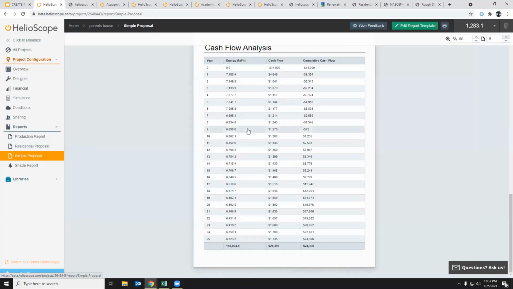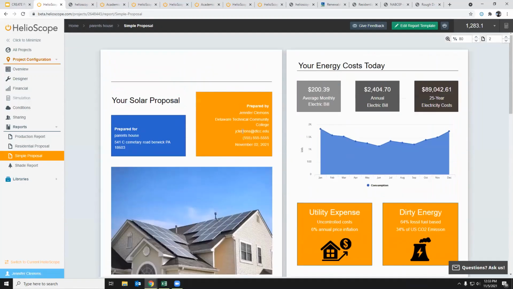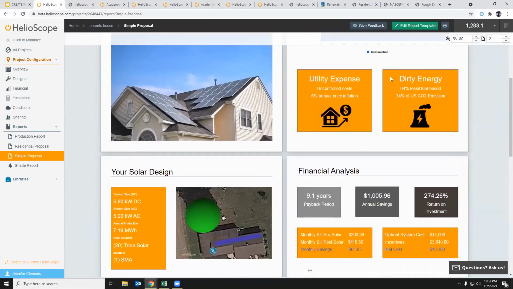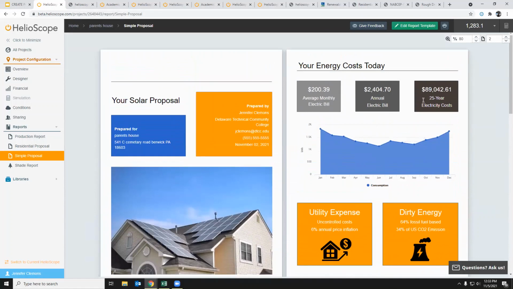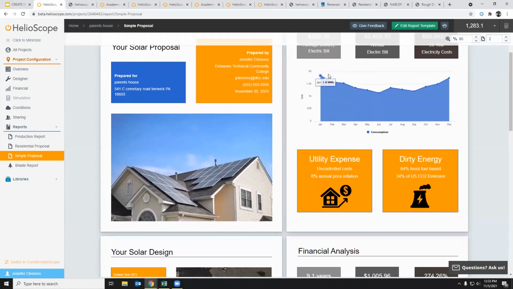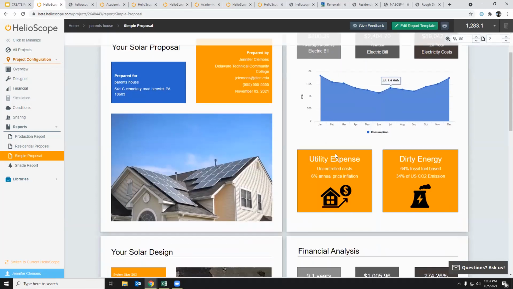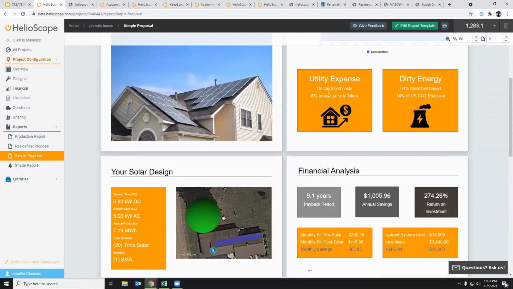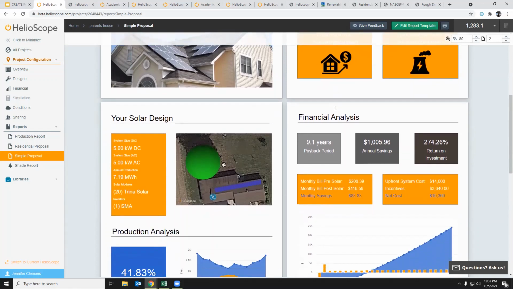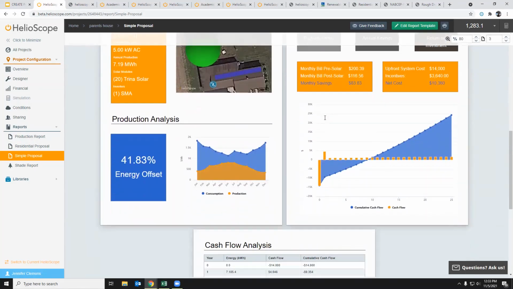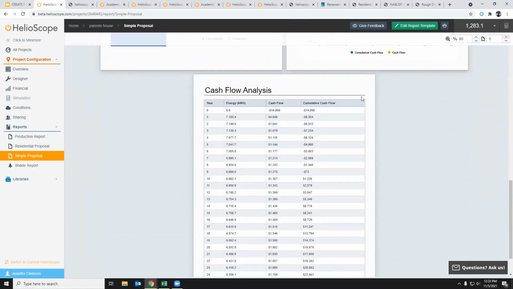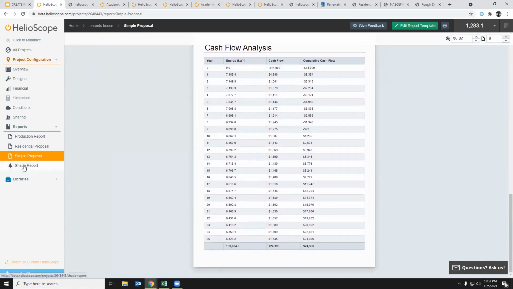The simple proposal, I think, is a little bit nicer. It doesn't have all the bells and whistles, but it has some information there as well, the same information. I haven't been able to dig deep into where they got this average bill. That might be a national average bill. They are making some assumptions here. I don't know if I agree with the 6% annual price inflation on utility expense. But there we go. So these are some of the new things with the new version of HelioScope,